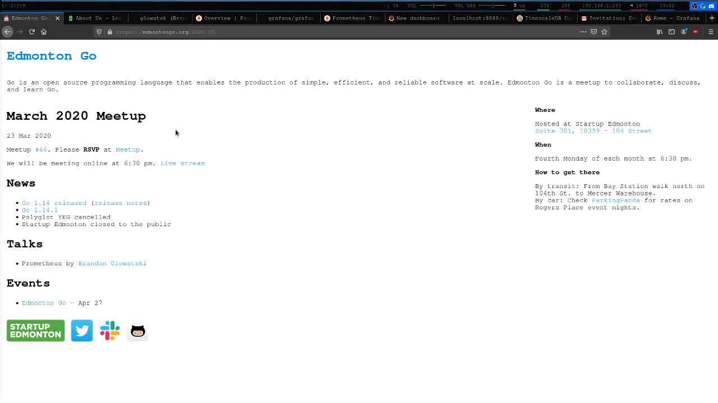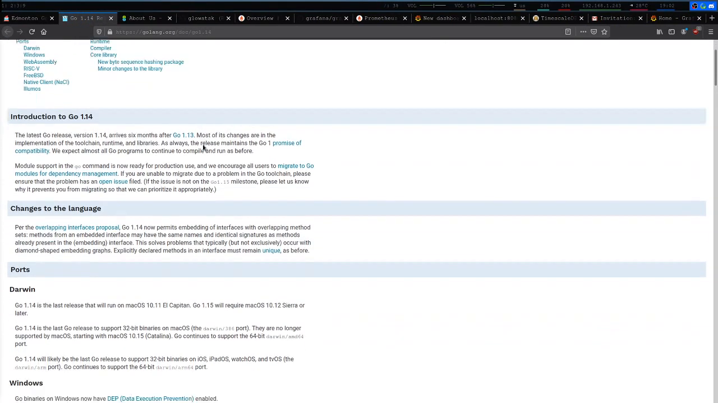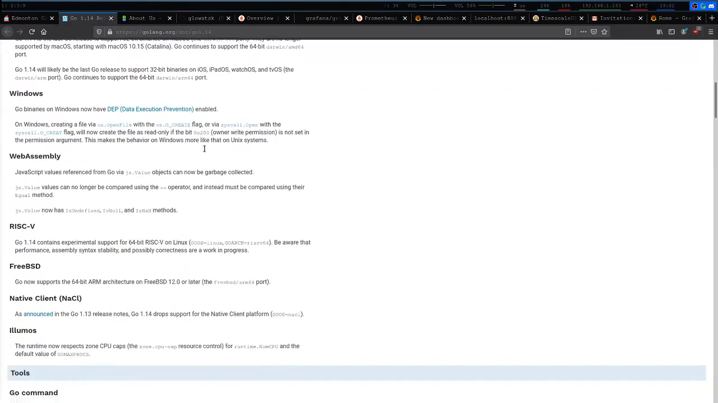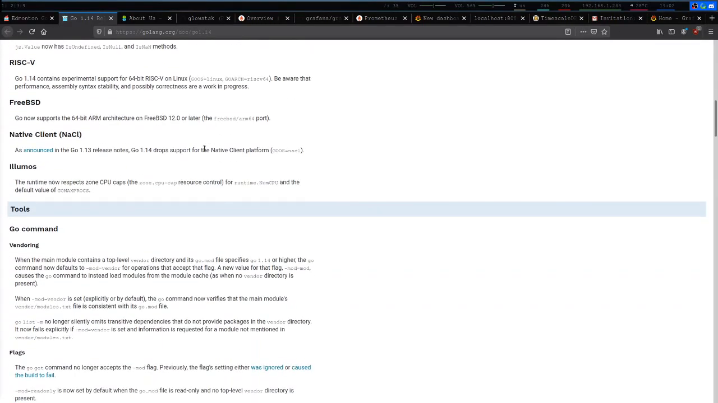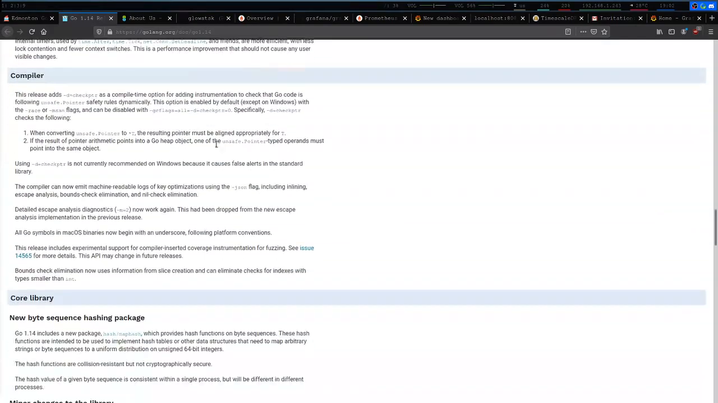Some news for Go: 1.14 has been released. This brings a couple of features. We can go to the release notes. One of the main things that I personally have been looking forward to is going to be there's something about